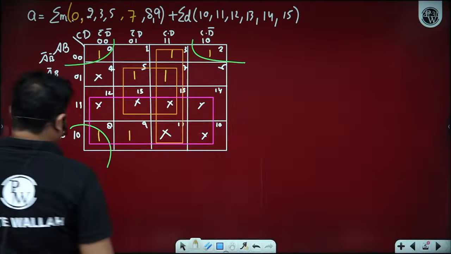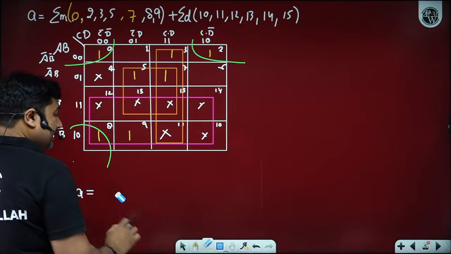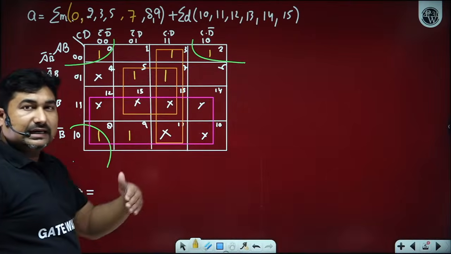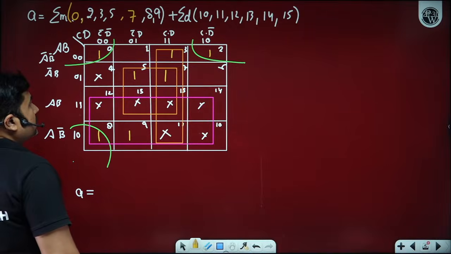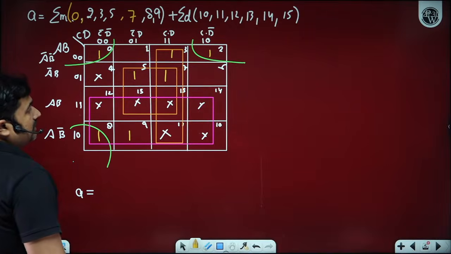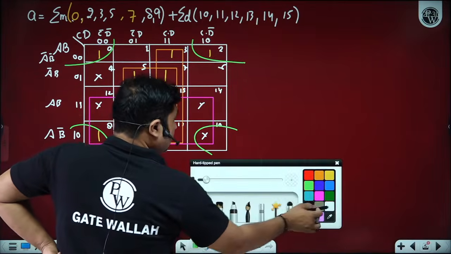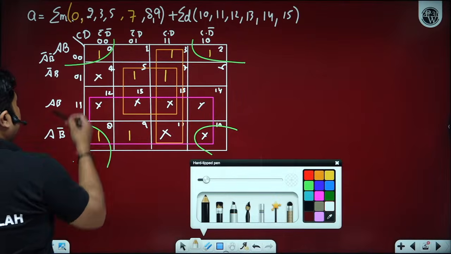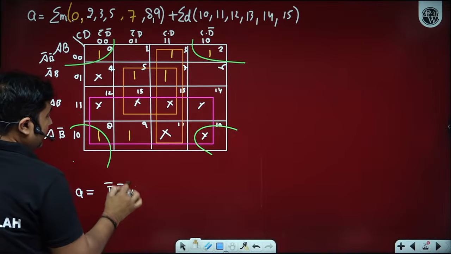So we have A, we have the octet. From the octet we have A, but instead of considering the octet first, let's take the other things first, okay? And I will let you know why I haven't taken the octet first. Now please observe the corner ones. If we consider the corner ones, then we have B bar and D bar. So we are getting B bar D bar plus